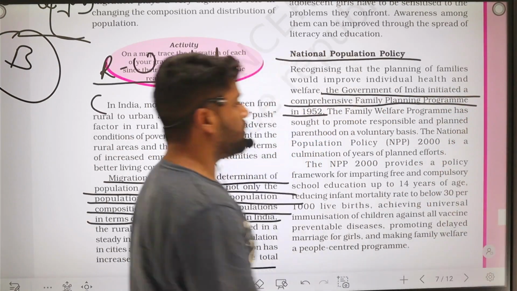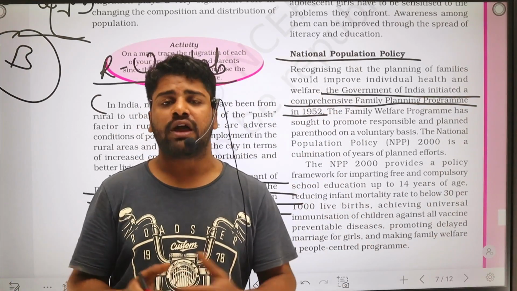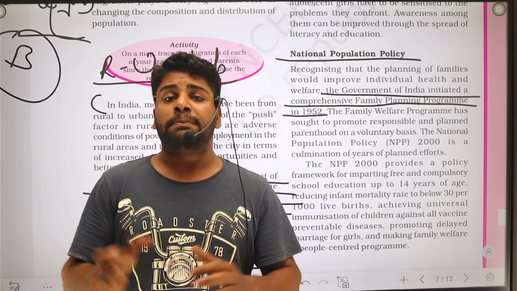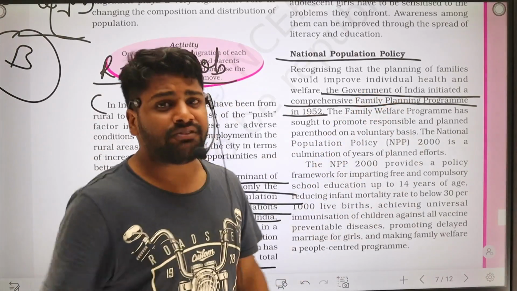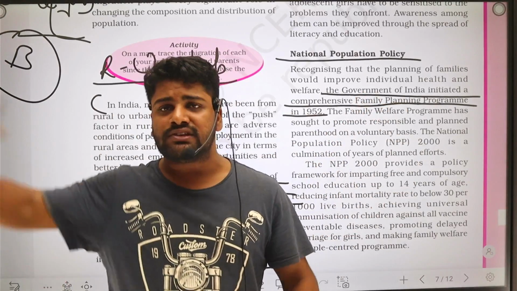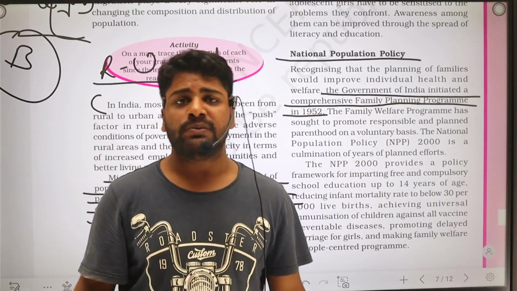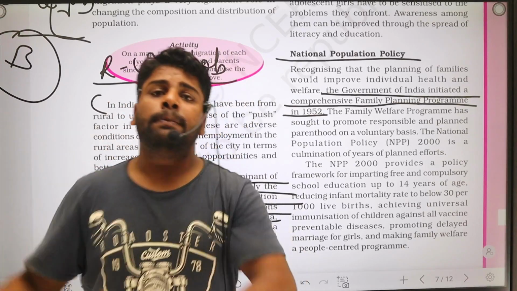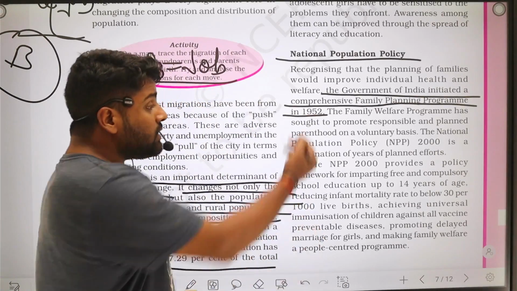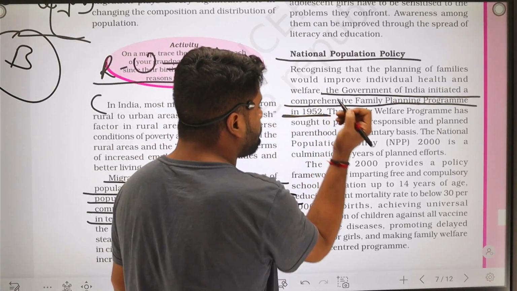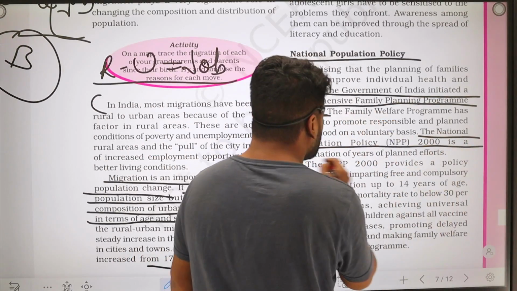Planning Program. Now, as I told you at the beginning of the chapter, earlier women used to have 5 to 6 children, but after this came, what started happening? Family planning: we need to plan ourselves. We need to not just recklessly keep producing babies. We need to focus on how many babies to produce, how to nourish them, and what the correct parenthood is. For this purpose, the National Population Policy 2000 was culminated.